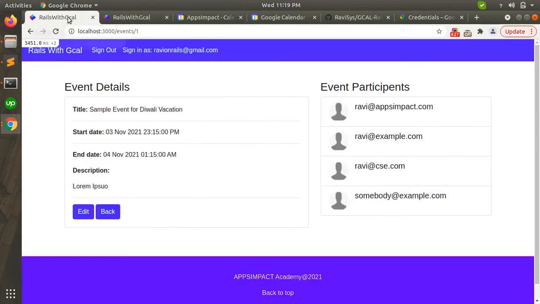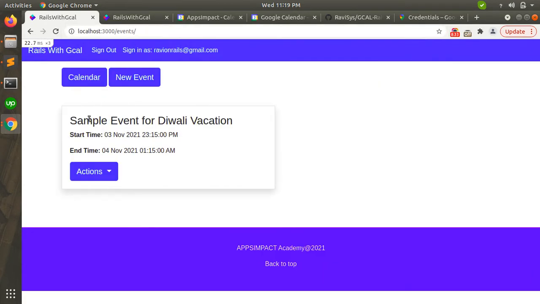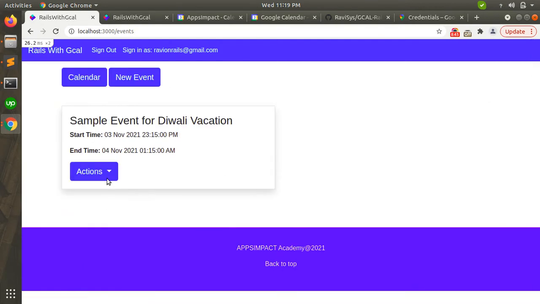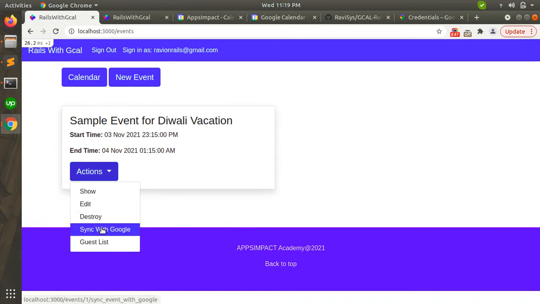And now let's come to the index page, and you can see another button that is sync with Google. So now you will see these four guests here. But if I sync this event with Google, then it will also update my guest list locally as well.